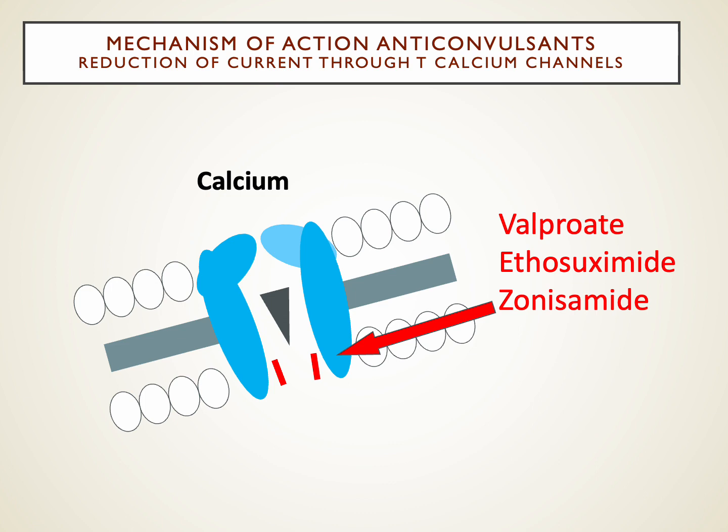The last group of drugs are those that affect calcium channels, and these include zonisamide, ethosuximide, and valproate. And these agents in particular, the first two, are first-line agents. Valproate and ethosuximide are first-line agents for the generalized non-motor seizures, the old term absence seizures. And so it's believed that the calcium channel in that seizure type may be more important, and so these agents really have their role there. But because valproate also works at sodium channels, as we alluded to earlier, it has a broader spectrum of use in seizure control.